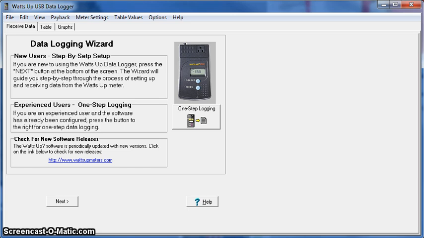So first you'll have our USB data logging software open. The first page you'll get to says Data Logging Wizard, and this is just going to tell you what you're going to expect with the software. You'll click the next button,